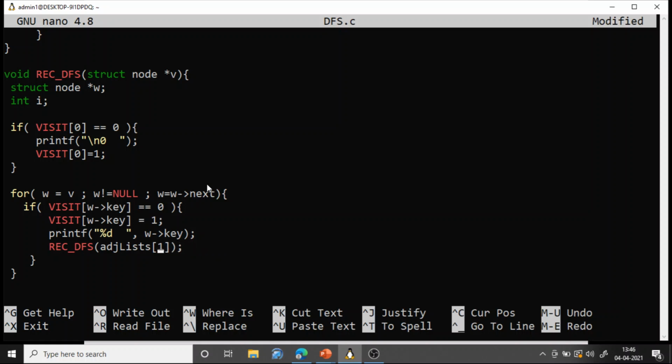But as it is a recursive function, whenever a function call happens, what will happen? Current temporary variables will be pushed into the stack. So when you call adjacency list of w arrow key, adjacency list of 0 will be pushed into the stack, and then control will go here.